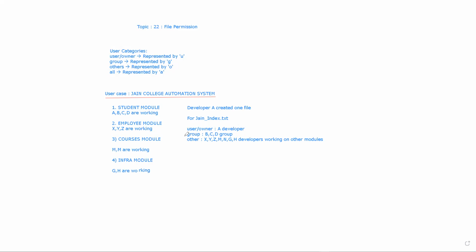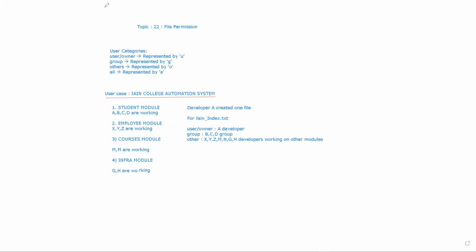And group means a number of developers from the same module, but since they have not created the file, they belong to the group. So this Jain index.txt belongs to your student module, and A created that file, because of that he is the owner. All the rest of the developers belong to the group, and other people from other modules fall into the other category.